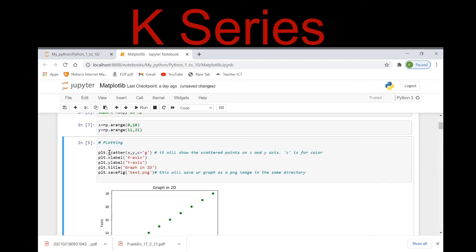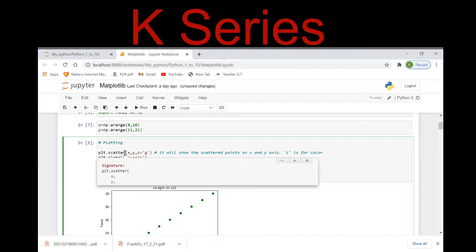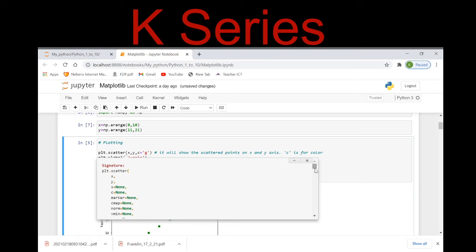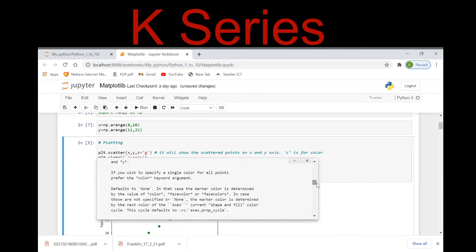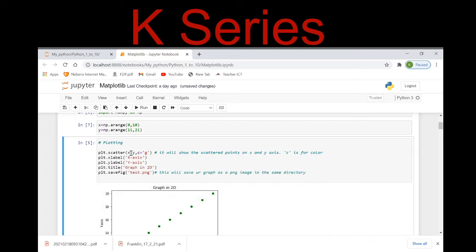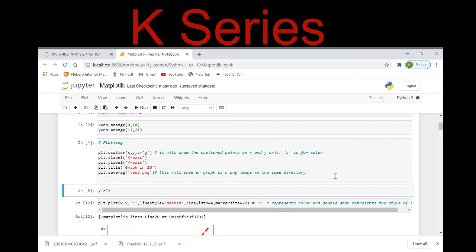Now I am plotting these x and y numbers. Here I am using plt.scatter. Scatter is the basic graph provided by matplotlib. If I press shift plus tab, you can see its description also. Many arguments you can pass in this particular inbuilt function. Here I am using my x and y, and I am simply giving the color as green. Now here I can give the x label. Let me execute it and I will show how it works.